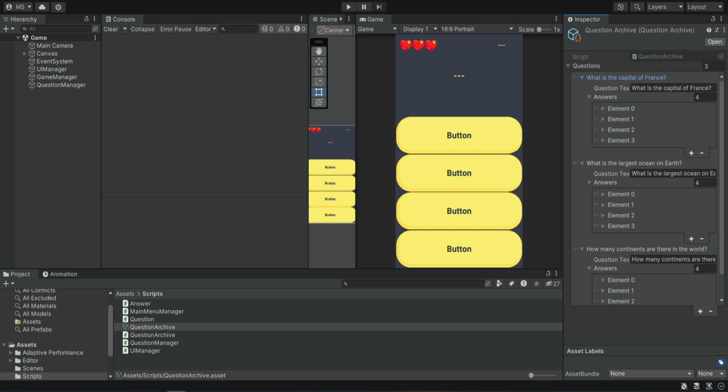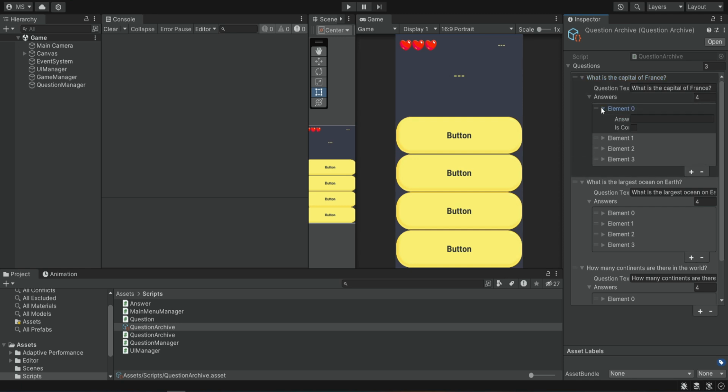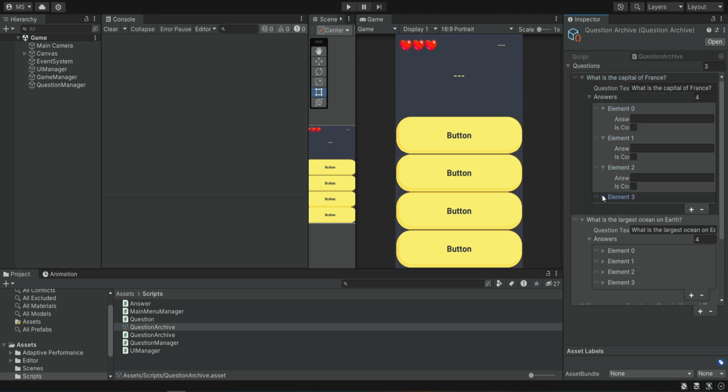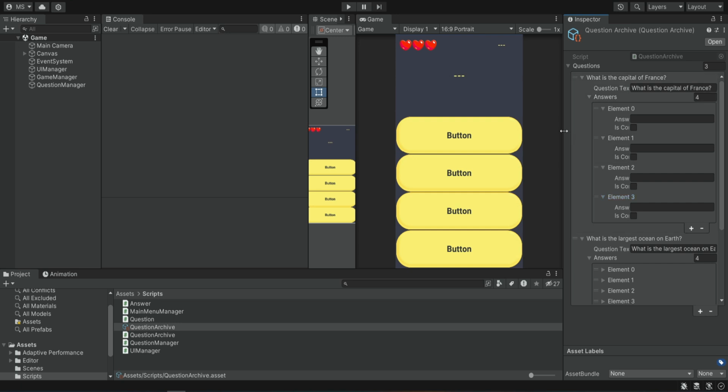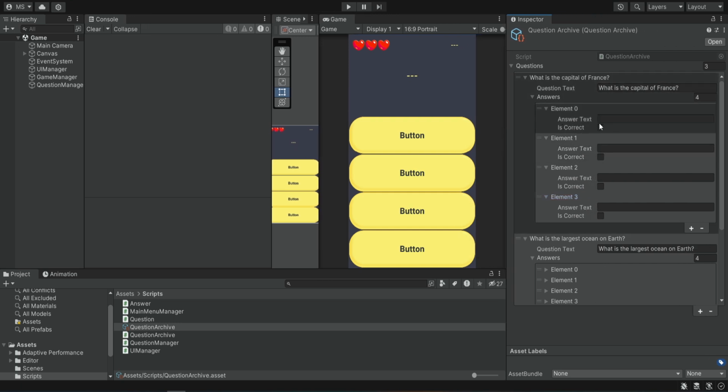So now we need to add all of them again. If we expand each answer, we can see that it has the actual answer text, but it also has a boolean to know if it's the correct answer. So for France, we're going to add